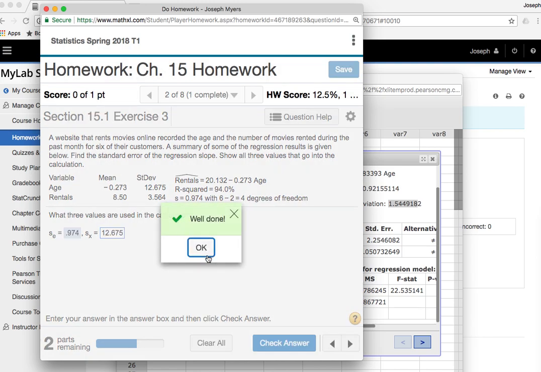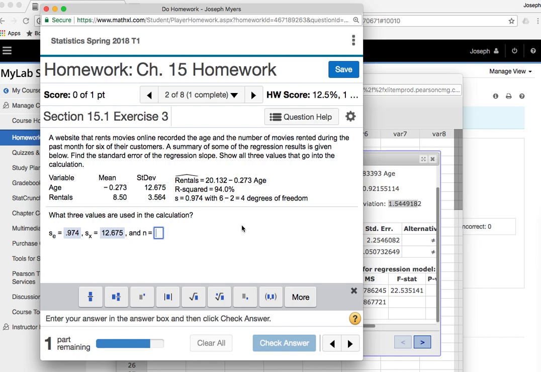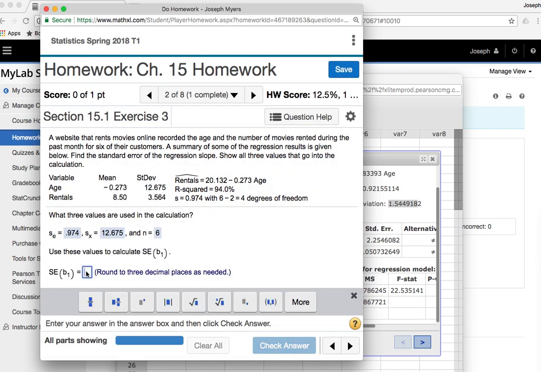And then next, the rentals is the y variable, and you would calculate the sample size. It doesn't really show the sample size directly, but we know the degrees of freedom for regression is n minus 2. So since 6 minus 2 is 4, we know that n is 6. And then the formula for this is the standard error of the residuals with n minus 2 degrees of freedom, which would be